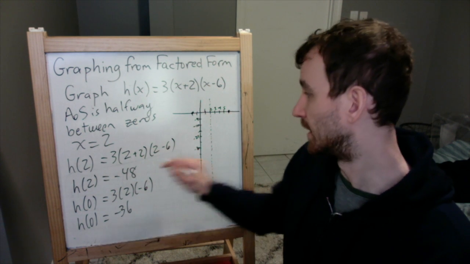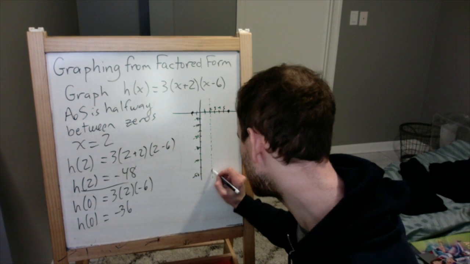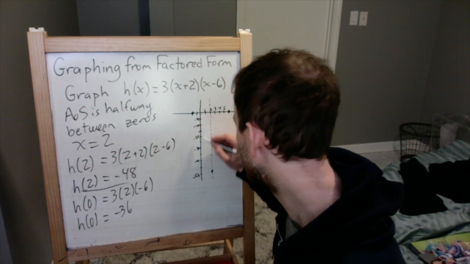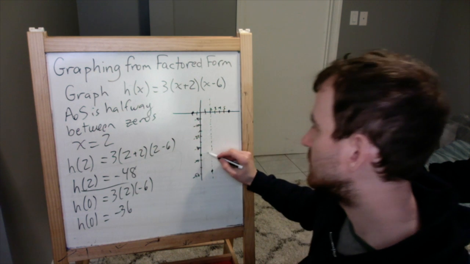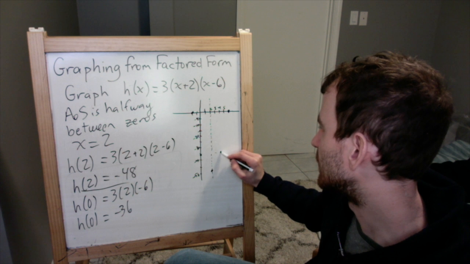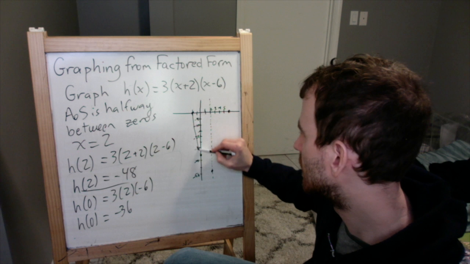So I've got the point (2, negative 48), which is here, down almost to 50. And then (0, negative 36), which is going to be just past 35. And then we can reflect that over. That's 2 units from the axis of symmetry. So we go 2 units in the other direction, get the point (4, negative 36), and then we can draw